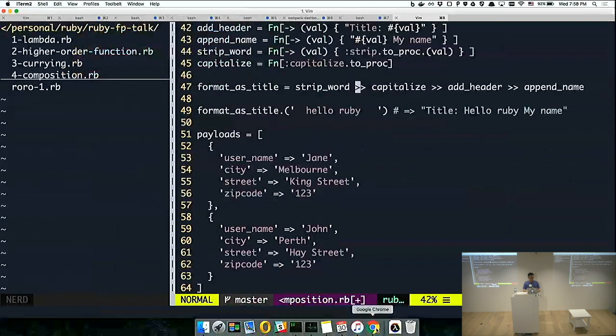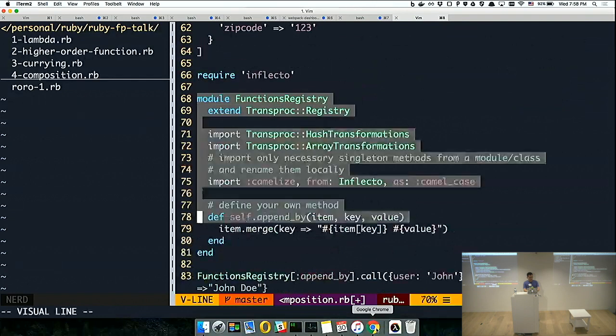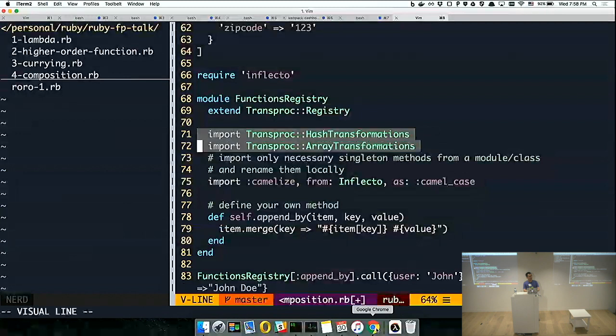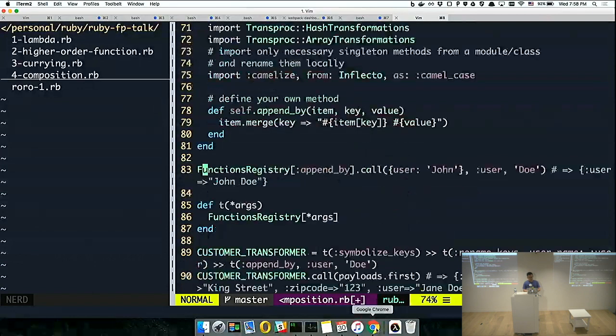Personally, for me, this is really useful if, let's say in a web application, you have request parameters coming in. Imagine if you write code that you can easily compose and write tests to pass or transform these payloads into other things. For example, imagine I have a payload in this kind of format. And I can use transprog, which also provides some additional helpers to transform hash and array. And I can also import other functions from the Inflector gem to do camelize, and I can also define my own function. For example, in this case, I define a function register,